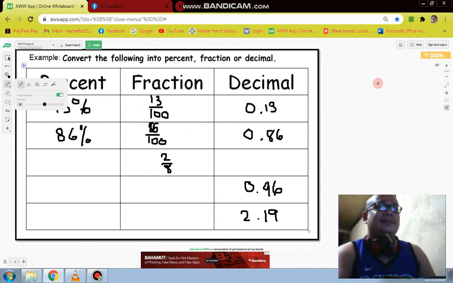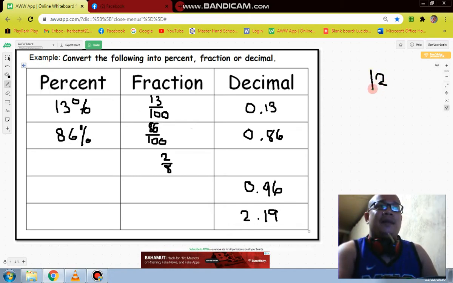Divide the numerator by the denominator, so it's 2 divided by 8. 2 divided by 8 cannot be done, so we add a 0 and put a decimal point. So 0, and then it's 20